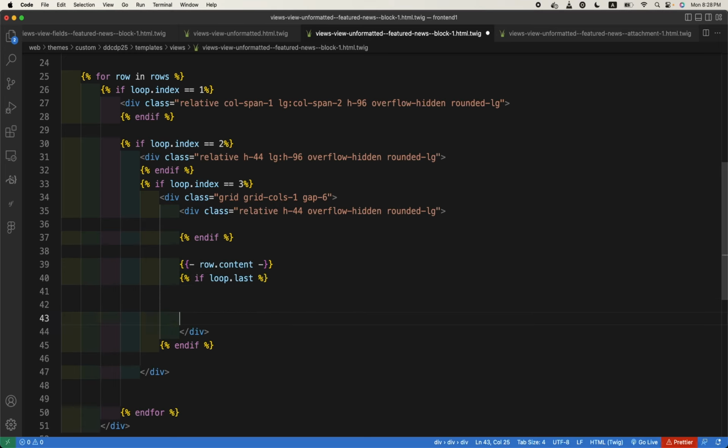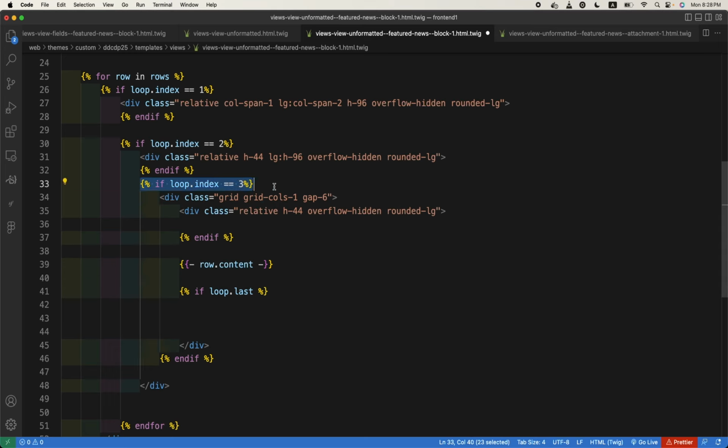So here loop dot index, we need this one, right? Control C. If loop dot, I think here also we need it, and if loop dot content, and we need to have, let me copy this, not the grid one but this one, at least this one, copy. So here, I think here,